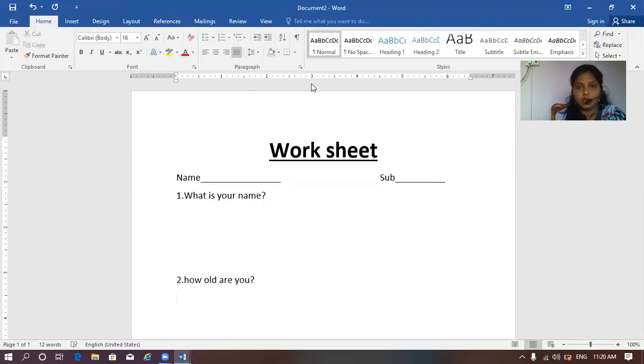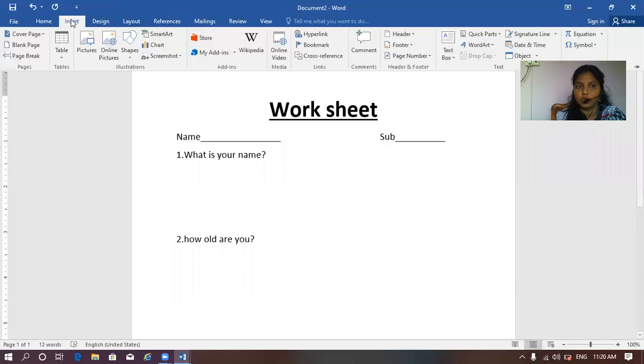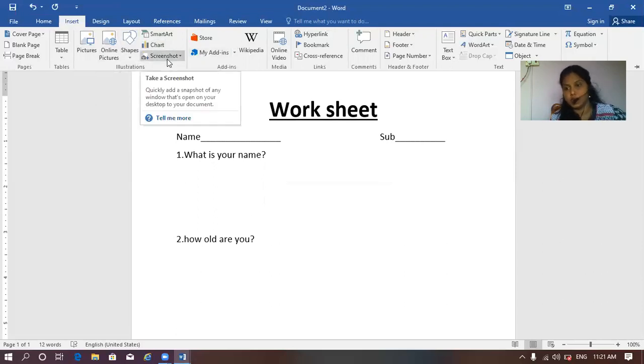And next, sometimes we insert pictures. For that, here is the Insert button, where you can select a table, pictures, or online pictures, and also shapes, charts, everything. Here is one option, screenshot.